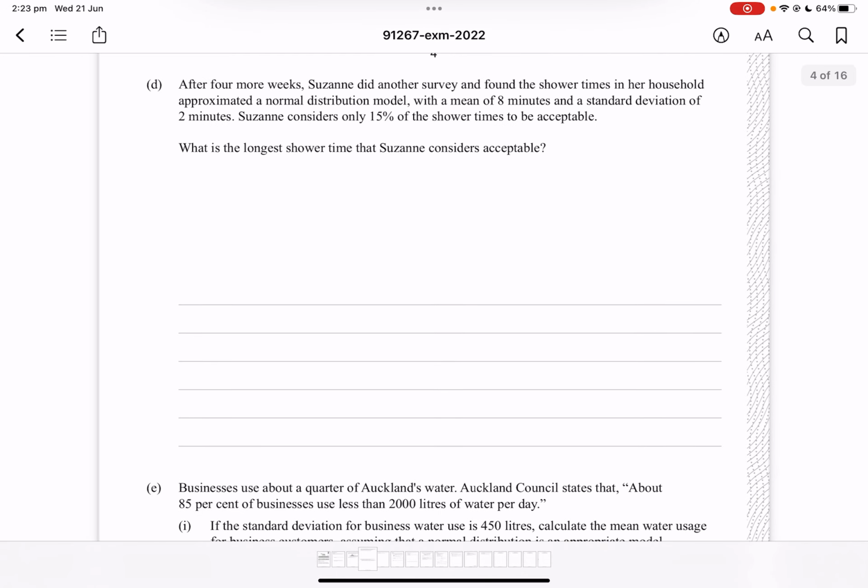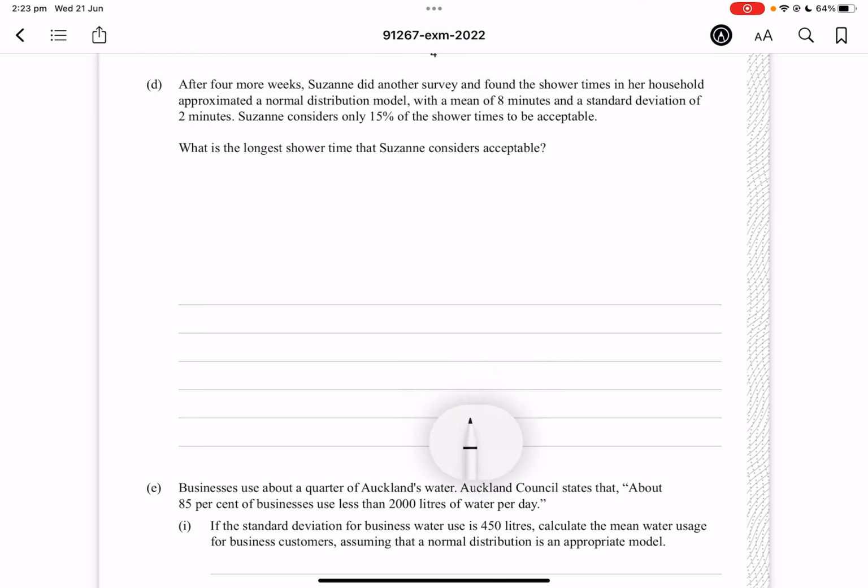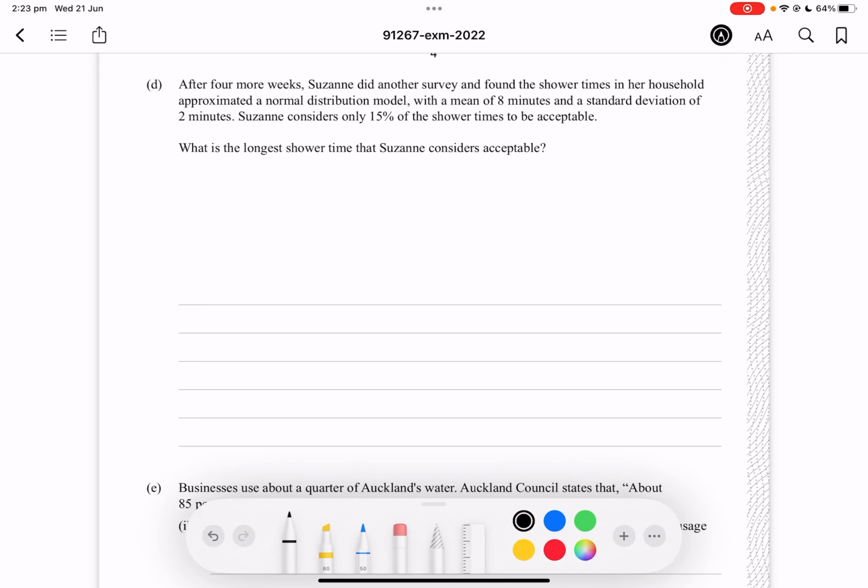Question D. After 4 more weeks, Suzanne did another survey and found the shower times in her household approximated by a normal distribution model with a mean of 8 minutes and a standard deviation of 2 minutes. Suzanne considers only 15% of the shower times to be acceptable. So now it's following the distribution of 8 minutes and standard deviation of 2 minutes. So we have